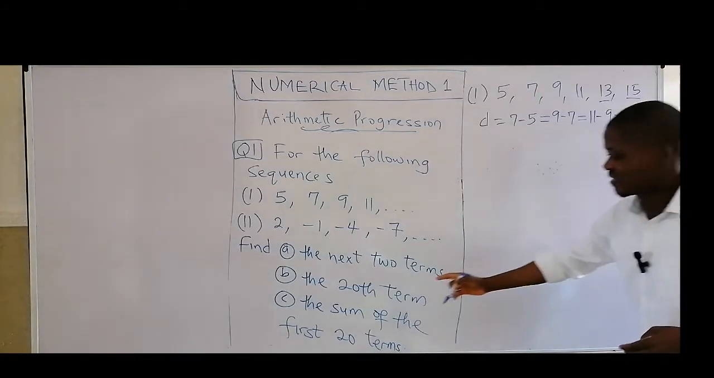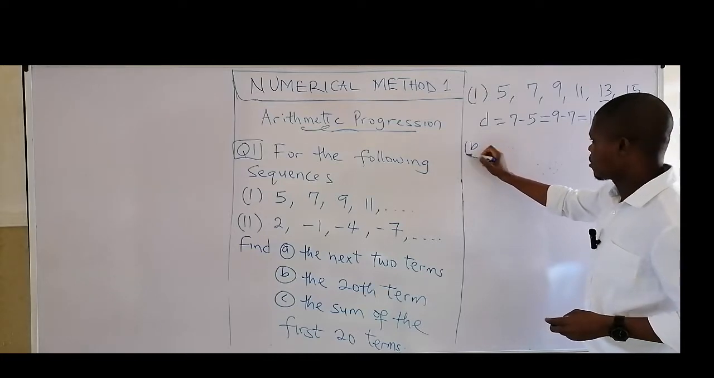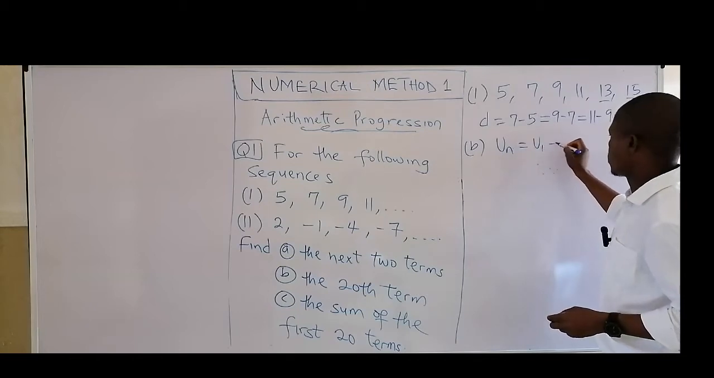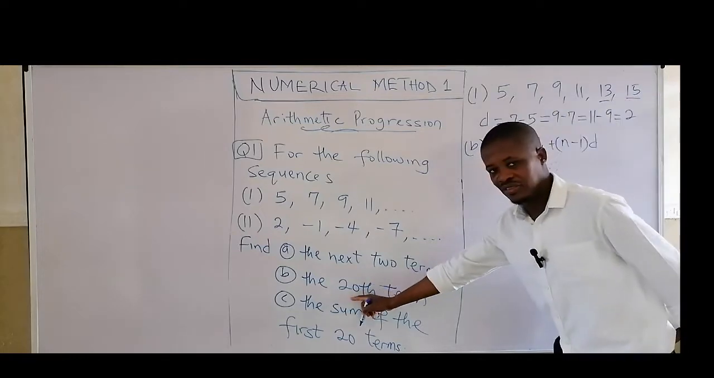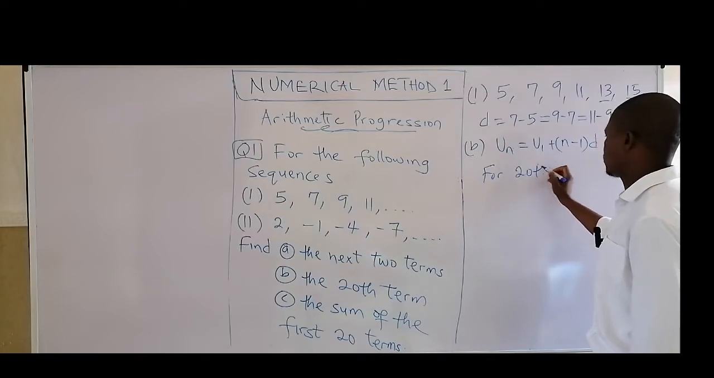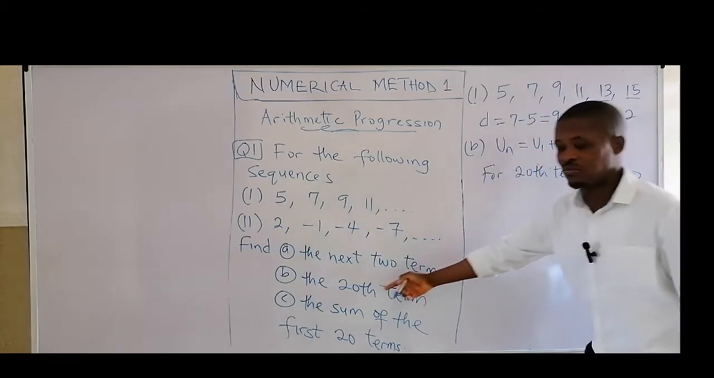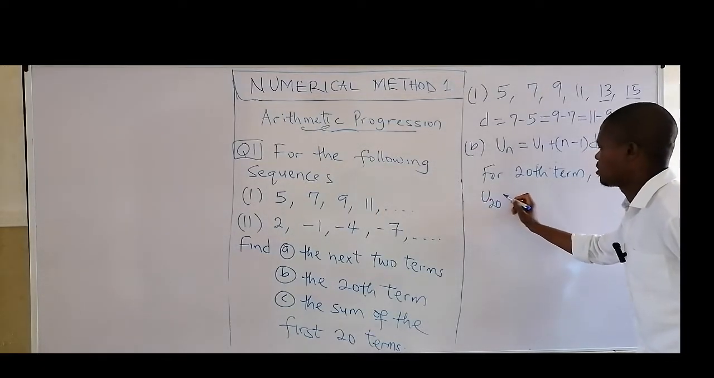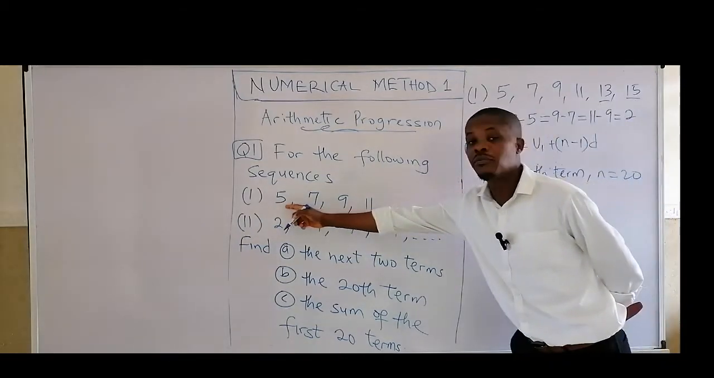Let's get the 28th term. Don't forget we said the nth term of a sequence is this formula, u1 plus (n minus 1) d. For the 28th term, n is 20. Because n is the number of the term. n is 20. So we just go to u20, u subscript 20, equal to my u1, that's the first written number, which is 5,